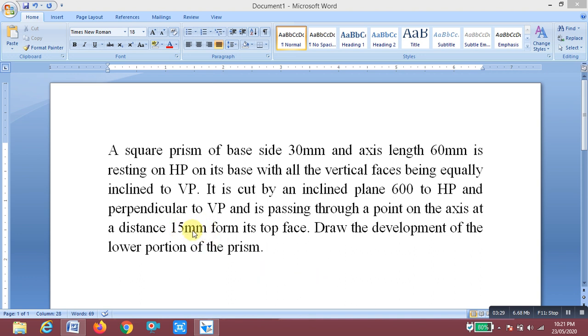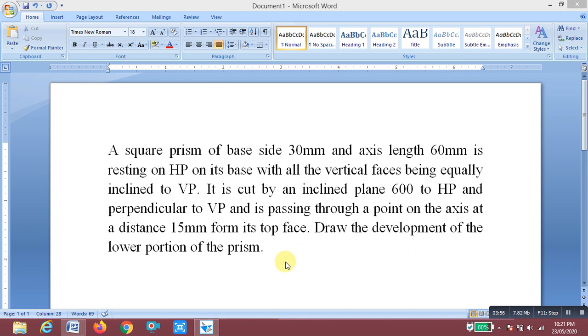Draw the development of the lower portion of the prism. So what is asked? We are going to draw the development of the lateral surface of the lower portion of the prism. Lower portion of the prism means the cut section; the upper portion above the section plane we have to skip, and only the bottom portion we are going to consider. This is the problem given.